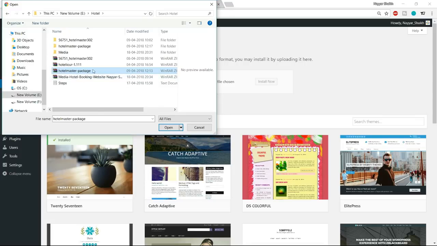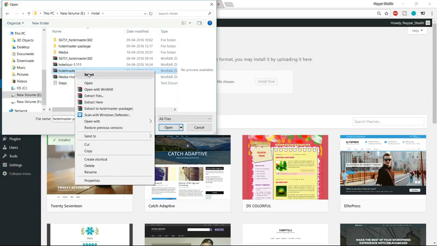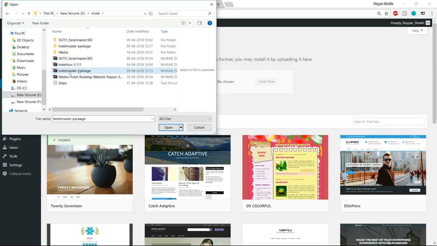Now you don't have to upload this file. The file which you receive has many different things. First what you have to do is unzip this file, or extract this file. When you extract or unzip this file, you'll get a folder with the same name. For example, this is the extracted version of this zip file. As you can see, this zip file says